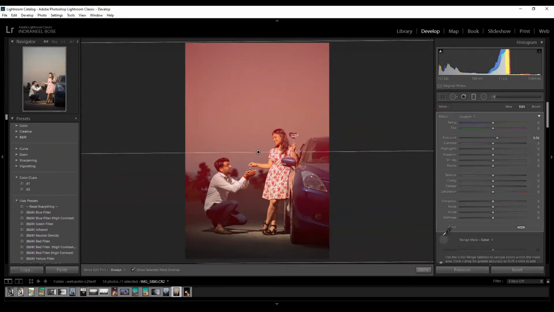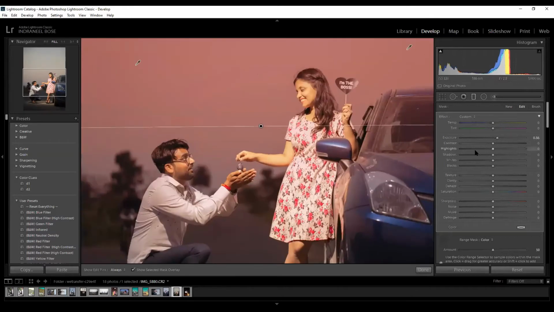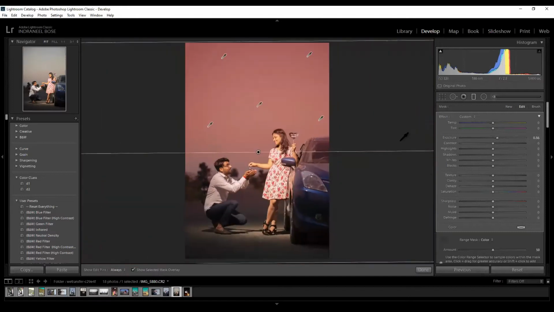So we will take points from the sky, which is our basic reference point, with Shift, 1, 2, 3, 4, 5. Now we can see the difference. It has gone out of the face as well. Now you can keep clicking and try to make points where you will feel more comfortable working, points that are easier.